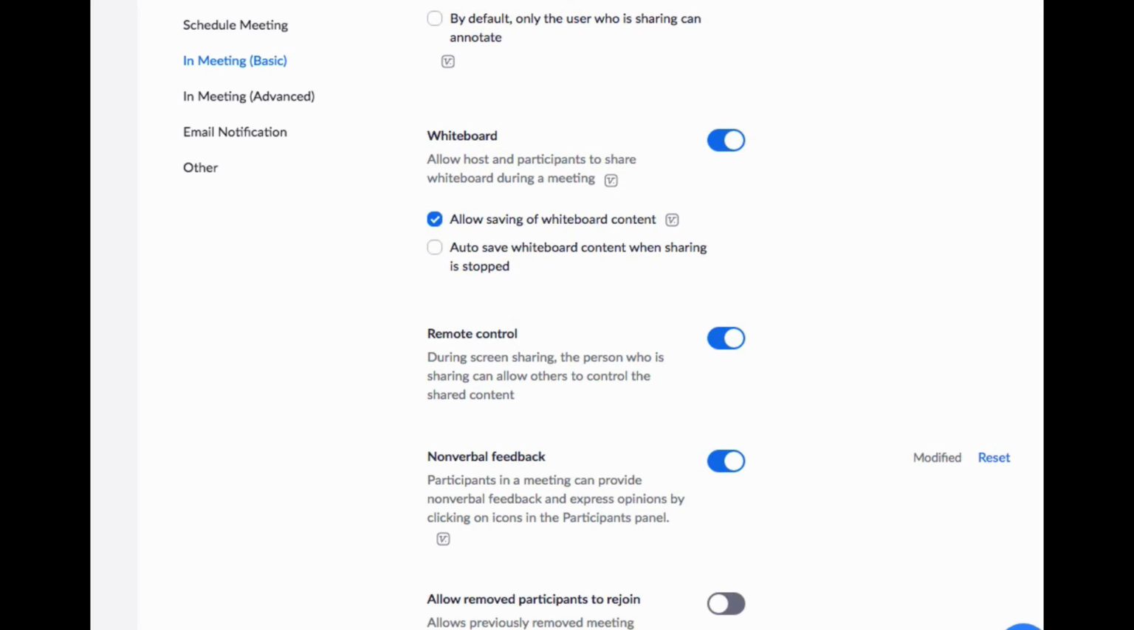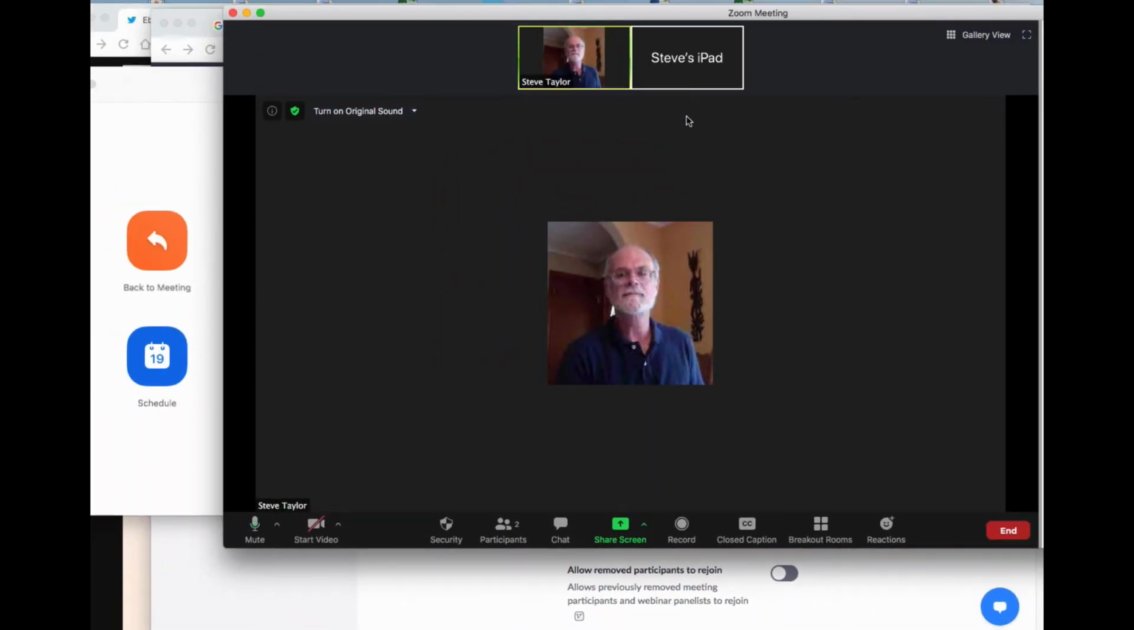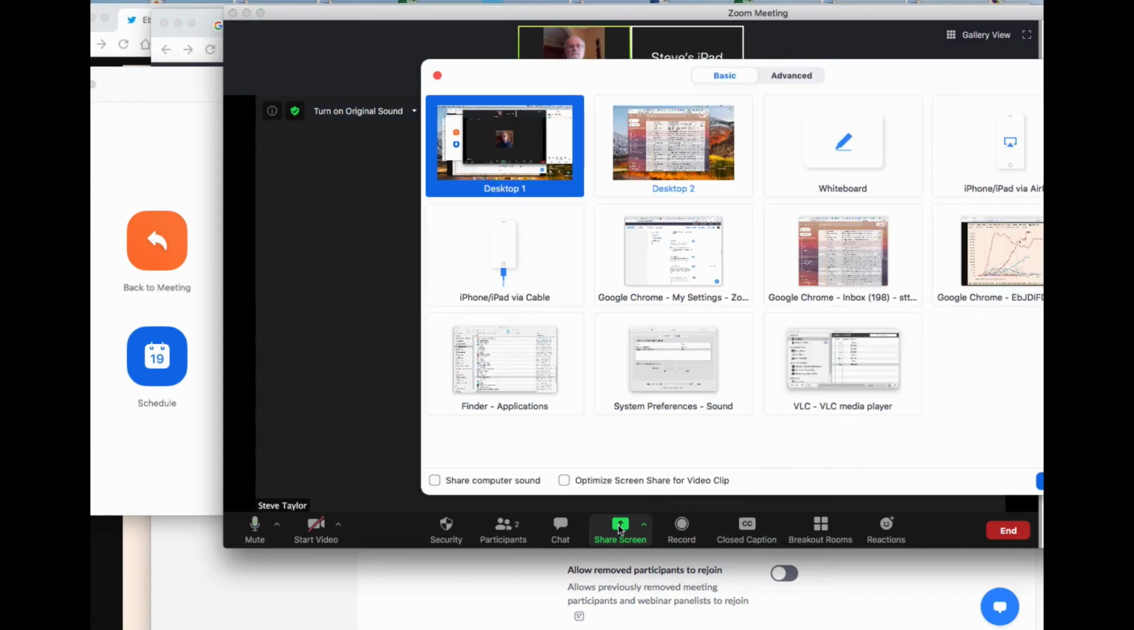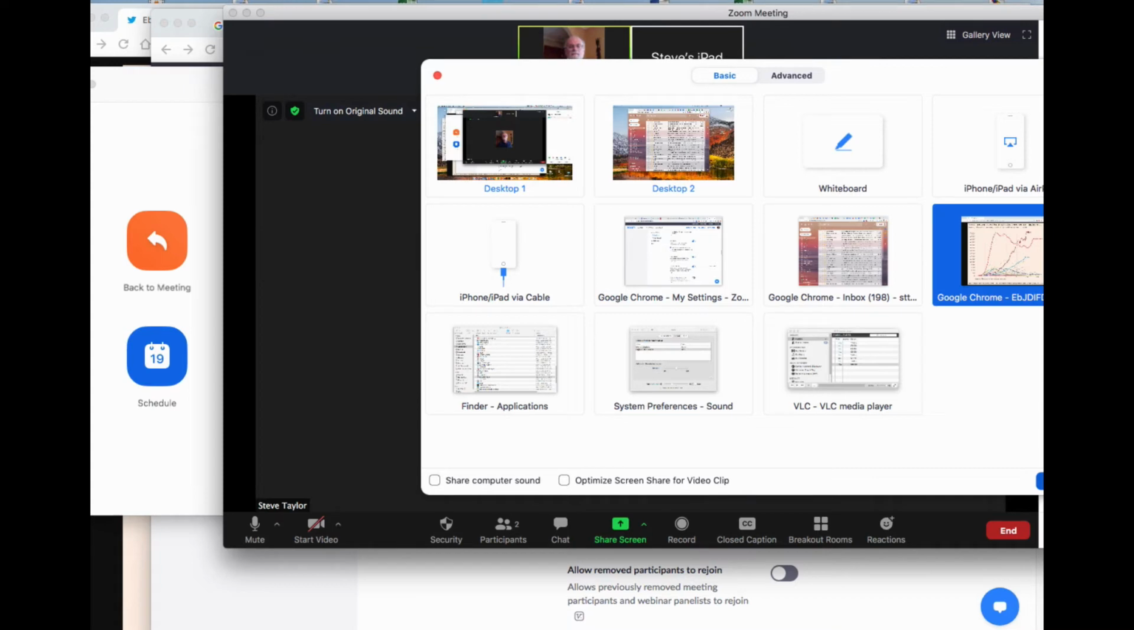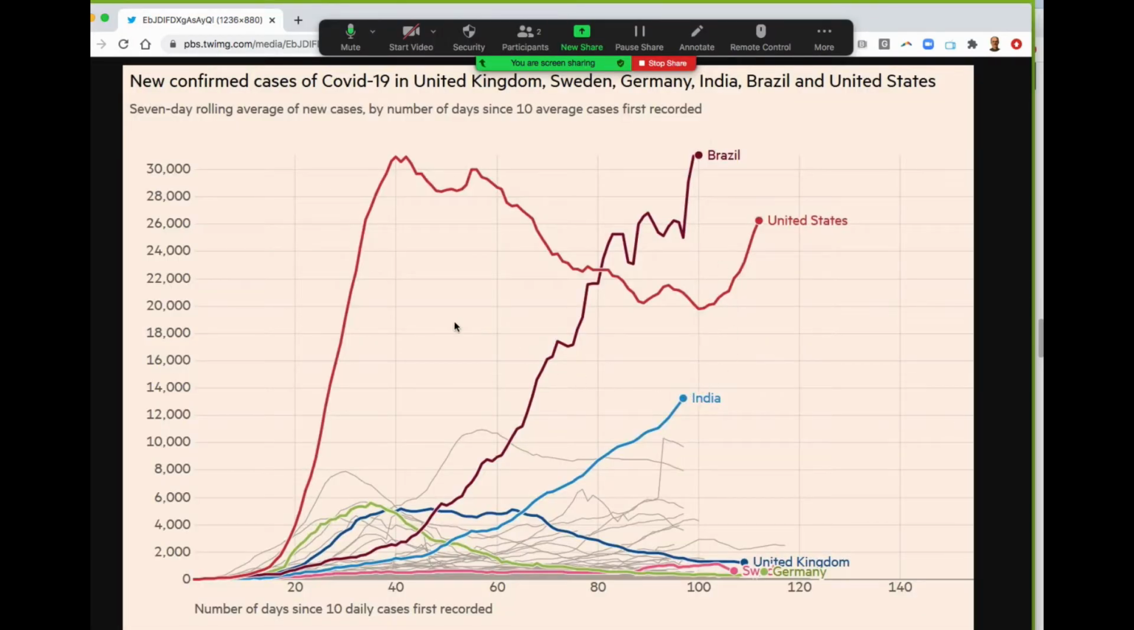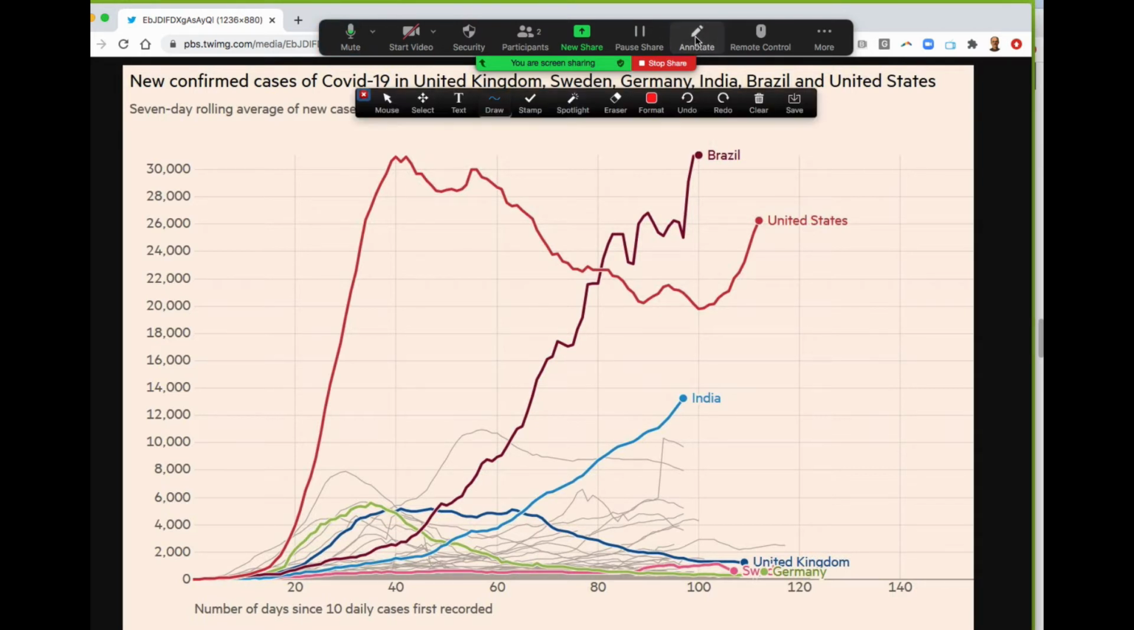So now I'm going to go to my Zoom session. I have one other participant. I'm going to share a screen. The screen that I'm sharing at this point is a window that shows a graph. And I'm going to go to that window, and I have annotation tools here, so I'm going to click Annotate,